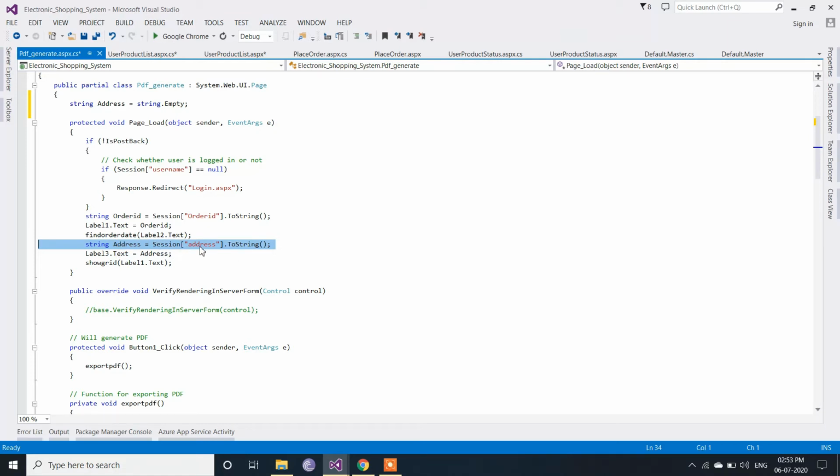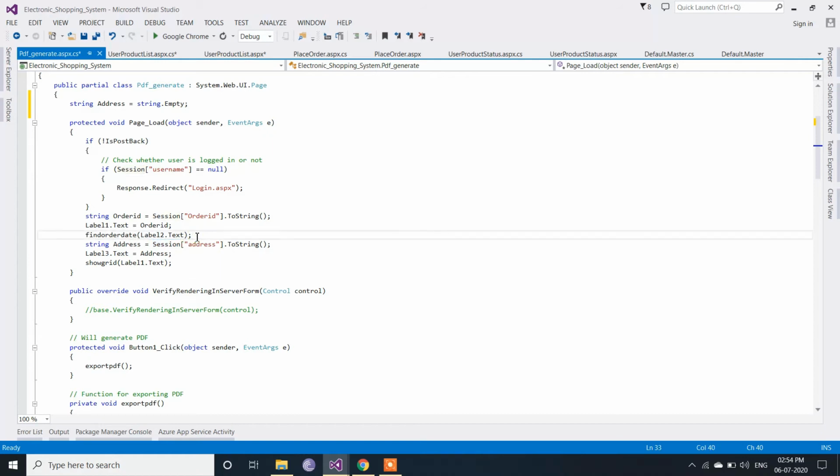Or you can display the address the user provided while registering, right? At registration the user has provided their address, so you can get that address and assign it to this address variable. Or you can store the address provided at the payment step in the data table as the alternative address of that user and get it from there to display here.